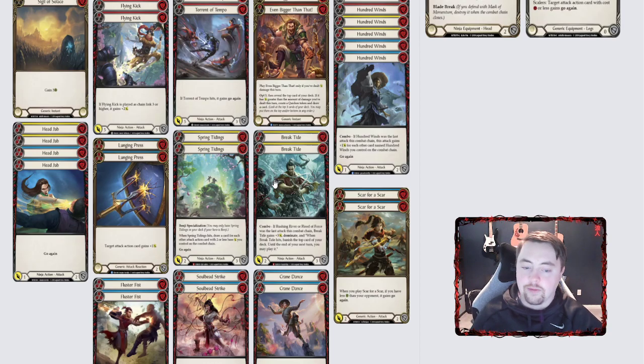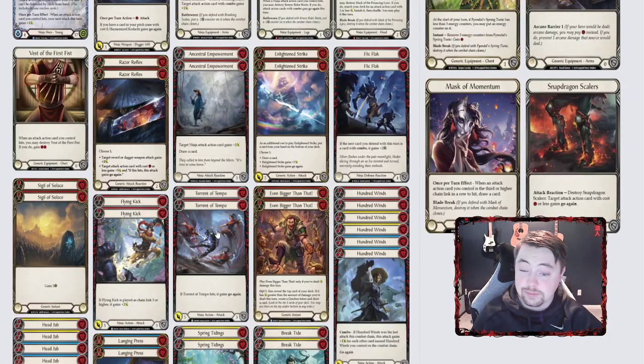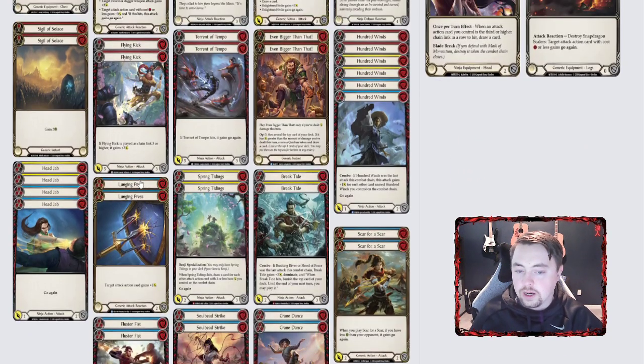Really useful for that, right? And as you can notice on this list, every card in this deck, with the exception of Flying Kick and Torrent Tempo and Razor Reflex, is 0 cost. So you're going to be able to play 4 and 5 card hands very easily without having to pitch, unless you're using Kodachis. You can go back to the Kodachi method if you need to,